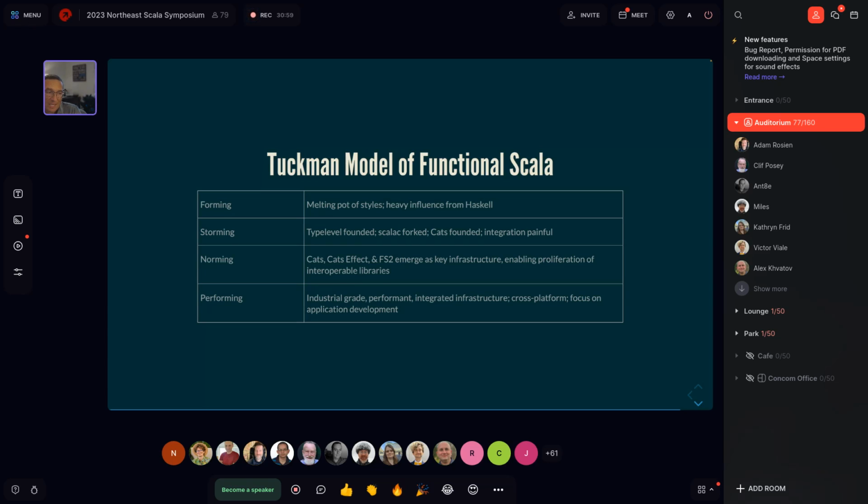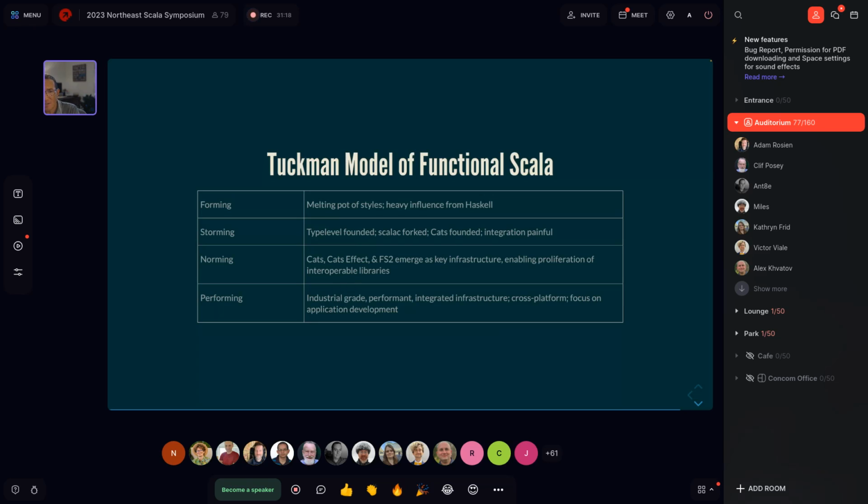The four key phases are forming, storming, norming, and performing. Later on, they added a fifth phase to represent the adjourning part of a team, when a project is done and the team disbands.